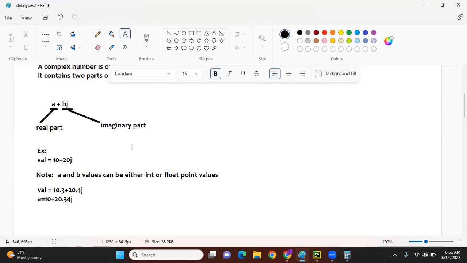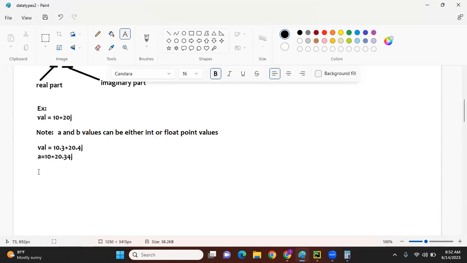The restriction is you're not supposed to give any other forms apart from int and float in the imaginary part. Note 2. I'll show you all this practically. Note 2. In the real part,